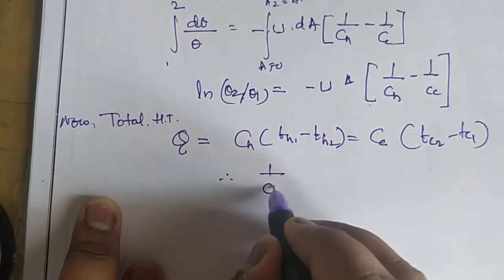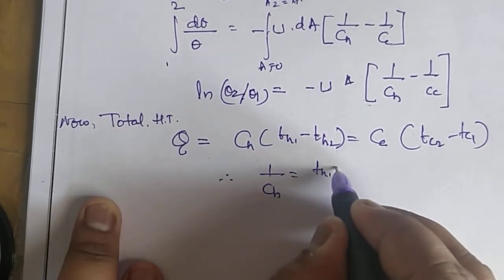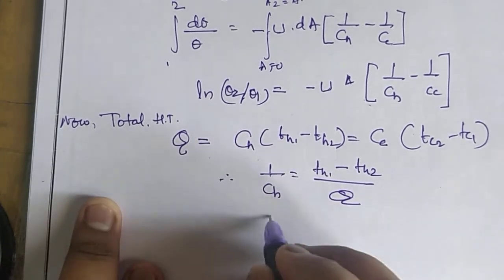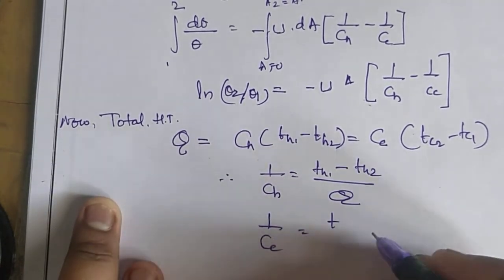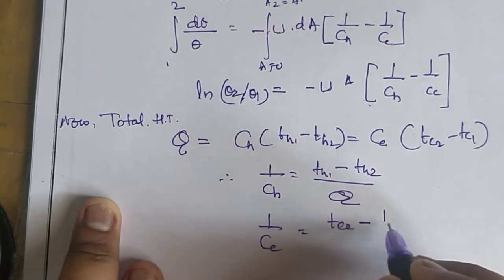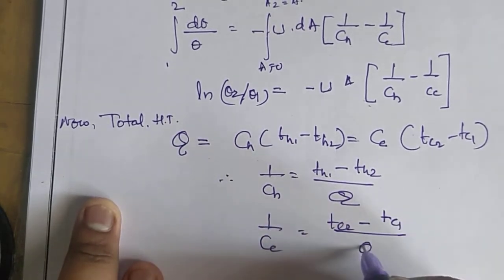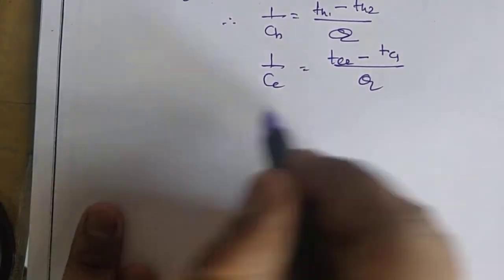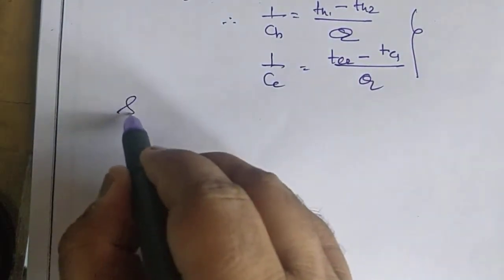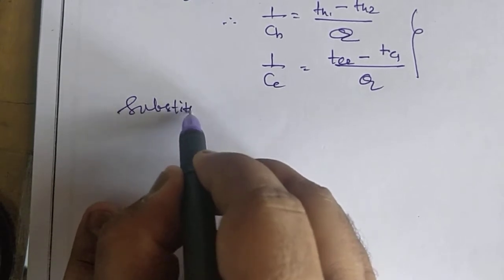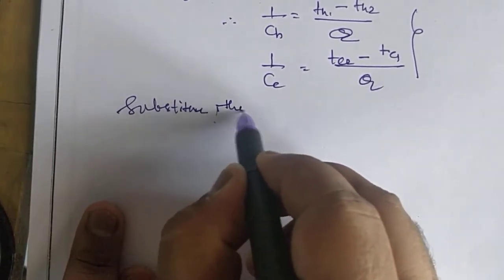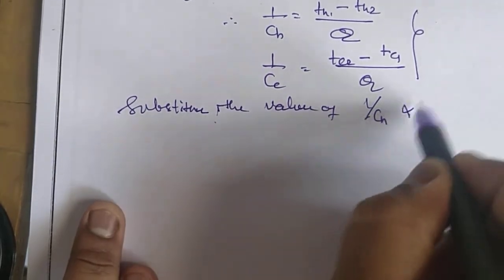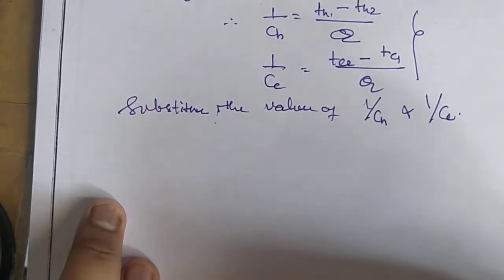Here 1 by CH is equal to (TH1 minus TH2) by Q. Similarly, 1 by CC is equal to (TC2 minus TC1) divided by Q. Substituting the values of 1 by CH and 1 by CC,